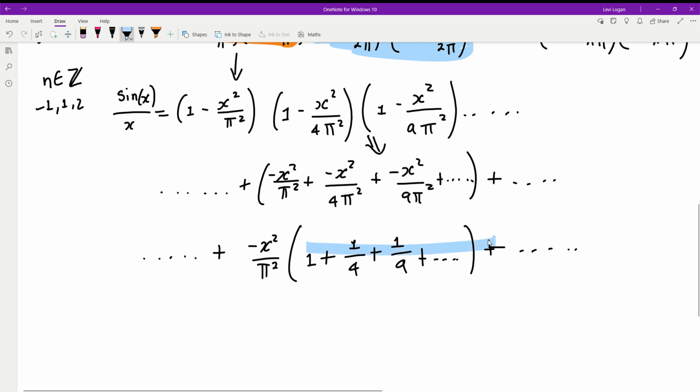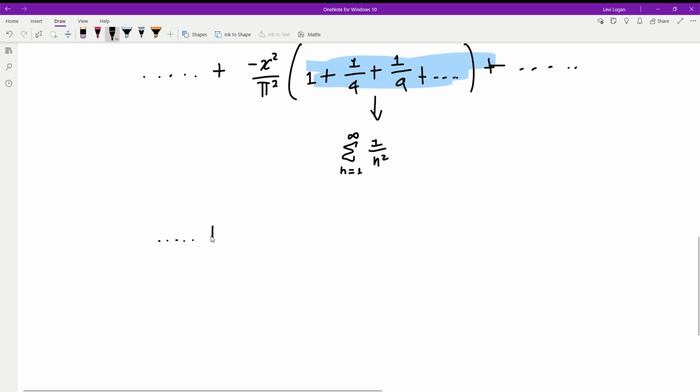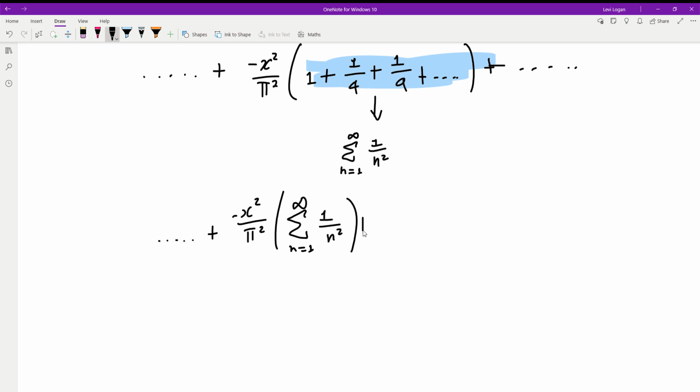But we can see this here is our problem. This here is our Basel function. In other words, I could rewrite this as a sum. The infinite sum from n equals 1 to infinity of 1 on n squared. So I can replace that there. So I'll go dot dot dot plus negative x squared on pi squared multiplied by the sum, n equals 1 to infinity of 1 on n squared, plus dot dot dot, all those terms. And that's still equal to sine x